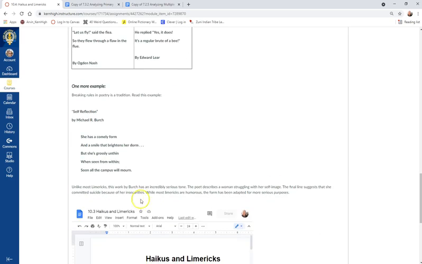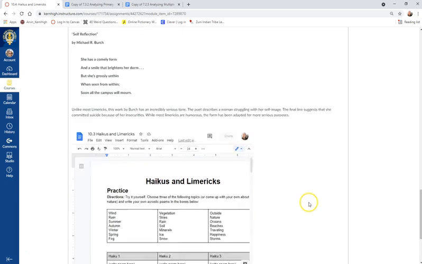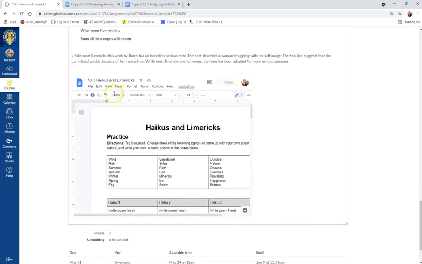And so this is an incredibly sad poem with an incredibly serious tone. What the poet is doing here is describing a young college student who struggles with her self-image. And the final line, "Soon all the campus will mourn," suggests that because of her insecurity, she ends up committing suicide. So there are many ways to write haikus and limericks, but if you look at this activity right here,